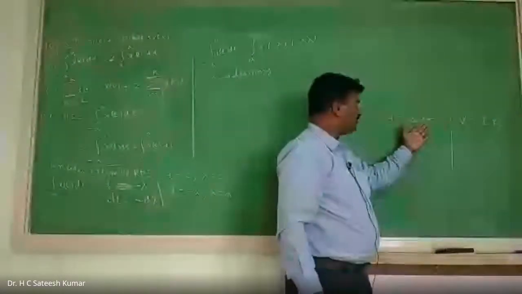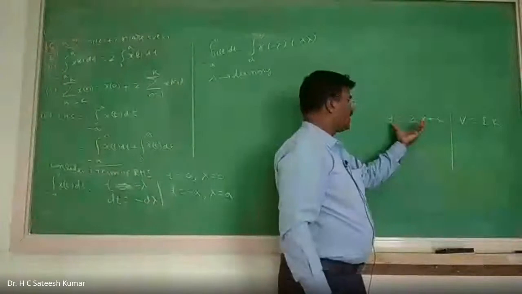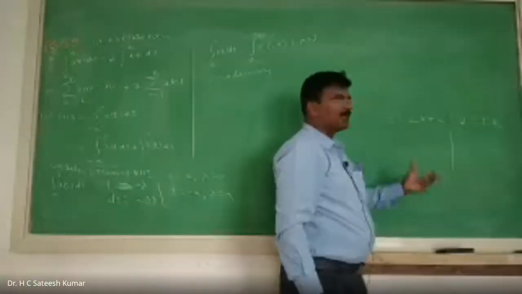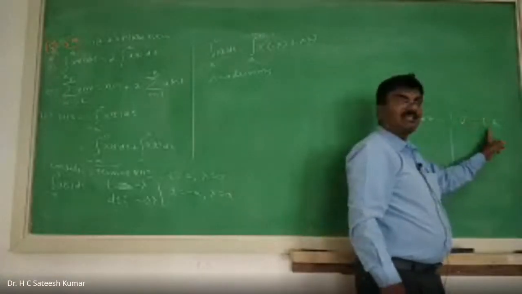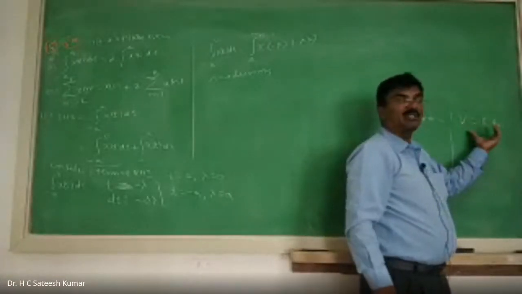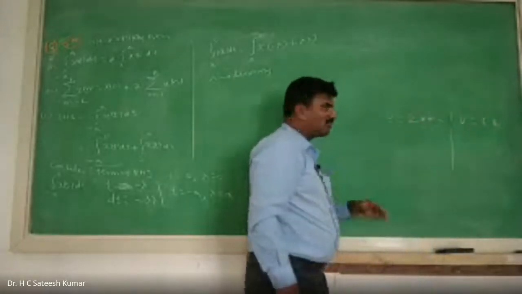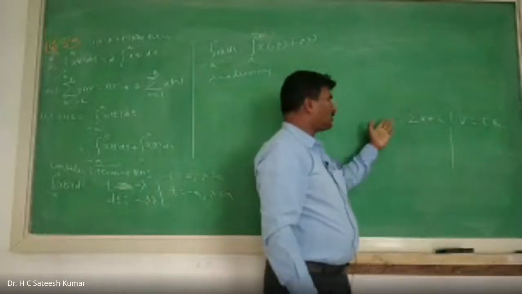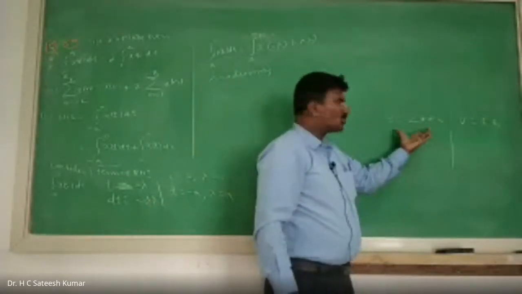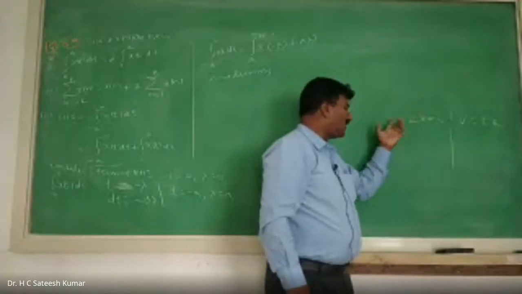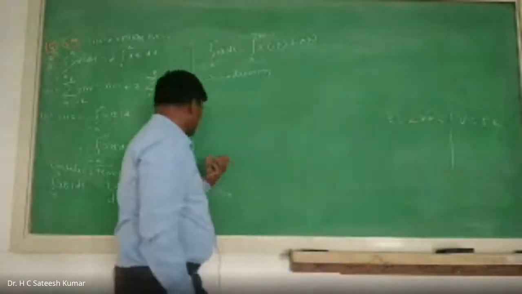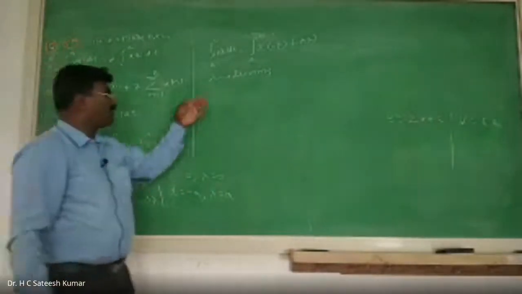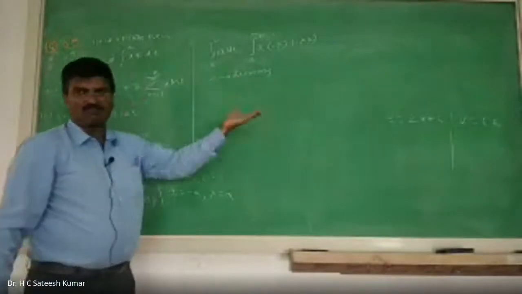X is also a dummy variable. C is also a dummy variable. That means when a variable doesn't have any meaning, we call it a dummy variable. But here, V is the voltage, I is the current, R is the resistance. We cannot replace them by any other letter. For dummy variables, the advantage is you can replace them by any letter. For example, instead of y, I can put r or k. It doesn't matter. Here, lambda is a dummy variable, therefore I can replace it. If it is satisfied for lambda, it will satisfy for other values also.